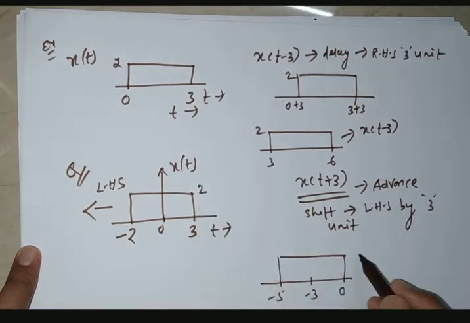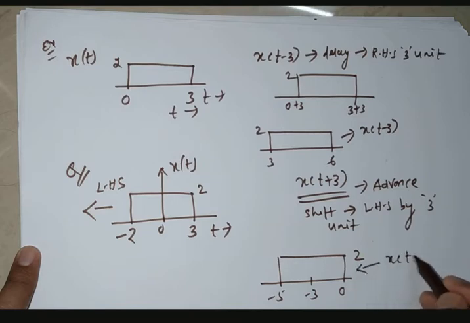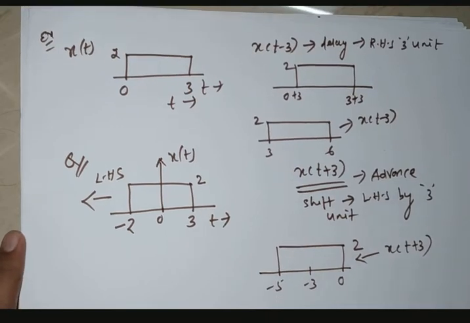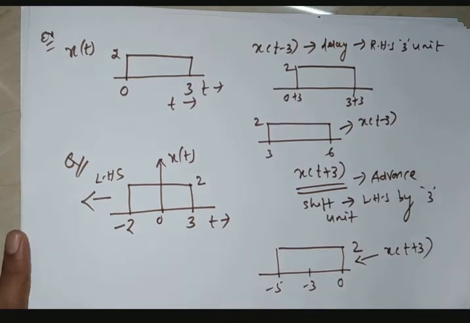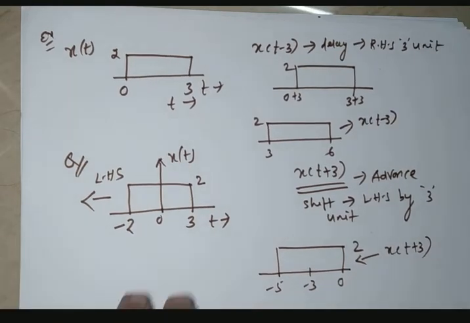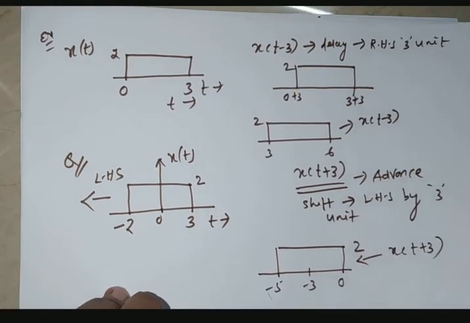If amplitude is 2, whatever the amplitude, there is no change of amplitude. So this is your x of t plus 3. Clear? This is the delay operation. I hope you all people clear. Still, if you want to take some more example in delay,